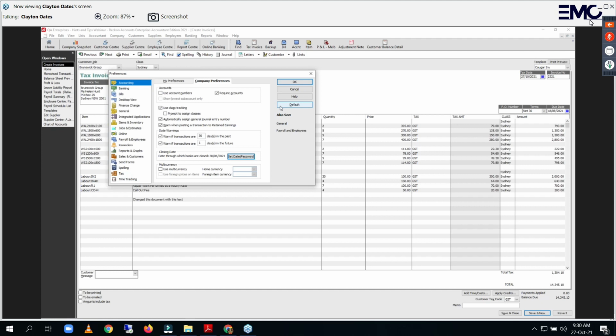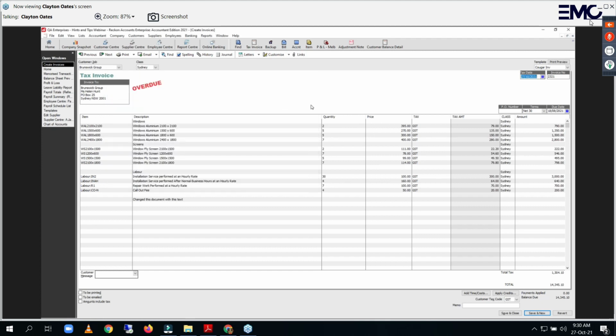One other thing which is relatively new, it's not in the workbook, but I did want to touch on, is this notion of using what's known as links. So when in a transaction now, in the latest version of Reckon, we've got this thing called links at the top of the screen here. And what you can do in any transaction, you can set a link. So if we click on Add, we might want to do terms